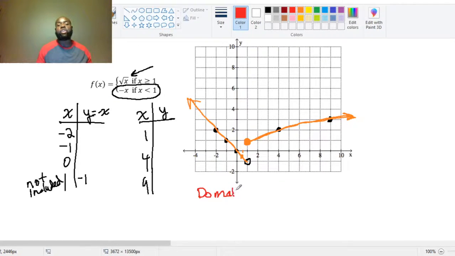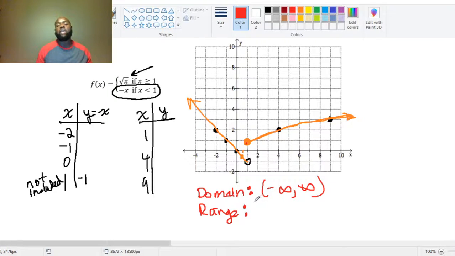Our domain is going to be our set of x values where our function is defined. This part of my function here has x values that are less than 1, but at 1 and greater, we have this part of my function, right? And since that encompasses all of my x values, it's going to be from negative infinity to infinity. All right, our range